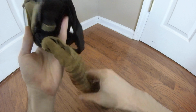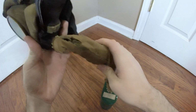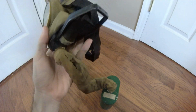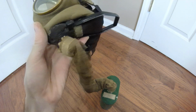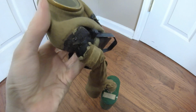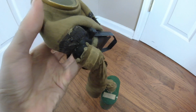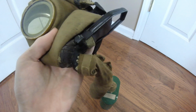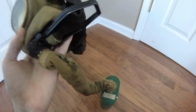The hose, as I mentioned before, is completely petrified and is broken up into several hard segments, and there's plenty of crumbs rattling around inside, as you probably could hear. Not much to say there. And you can also see these little white gobs around the ends of the hose, and that is not glue. That is actually melted rubber, which has pushed out from beneath the hose, and it's making everything look very